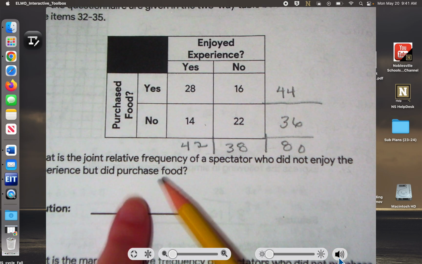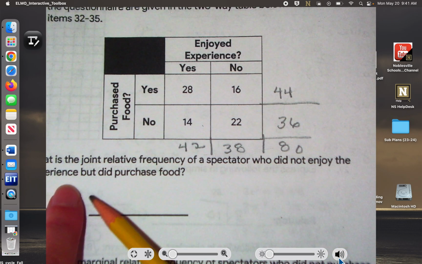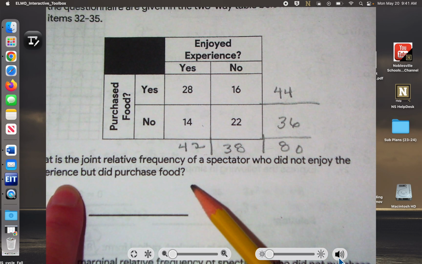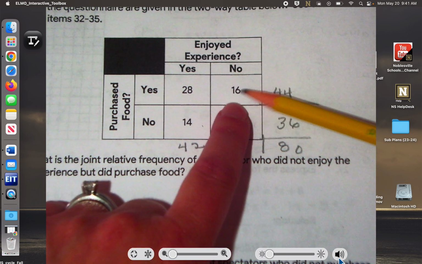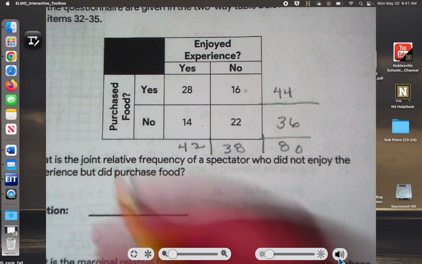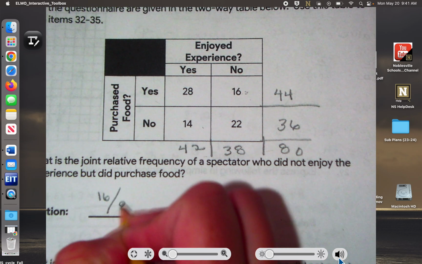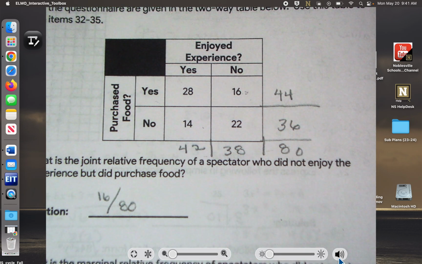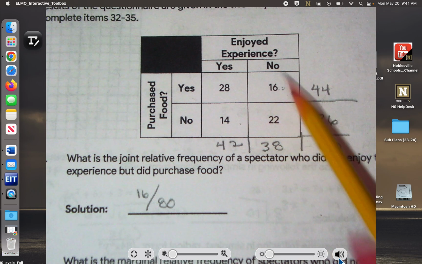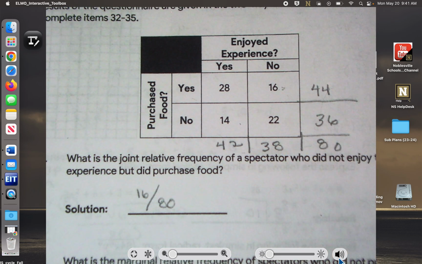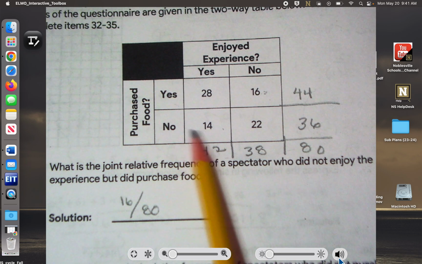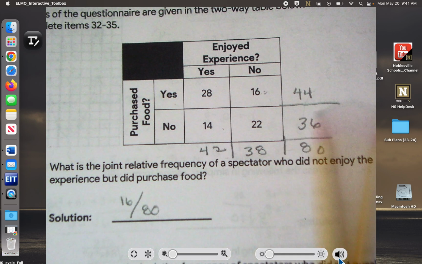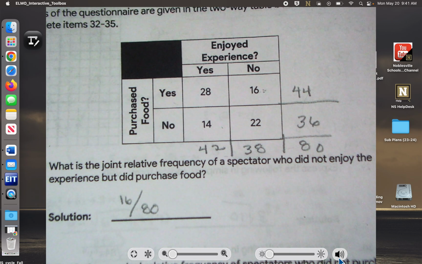What is the joint relative frequency of a spectator who did not enjoy the experience but did purchase food? So did not enjoy the experience but did purchase food. That is 16 people that fit that scenario. And we're going to take that 16 out of the total 80 because it's joint relative. So that means it's this tiny little joint out of the entire total. What's the marginal relative frequency of spectators who did not purchase food? Okay, so we're going to take the total of spectators that did not purchase food out of the total number